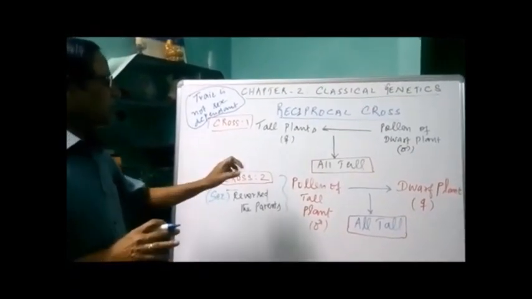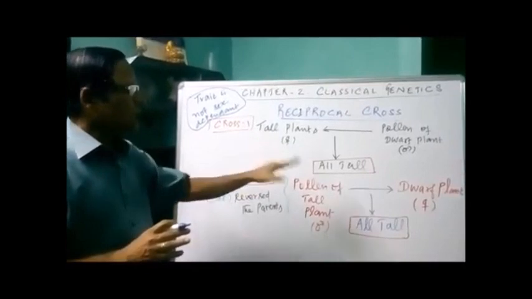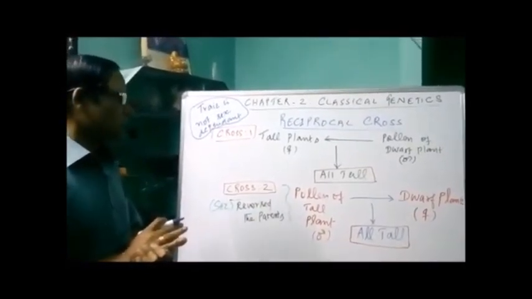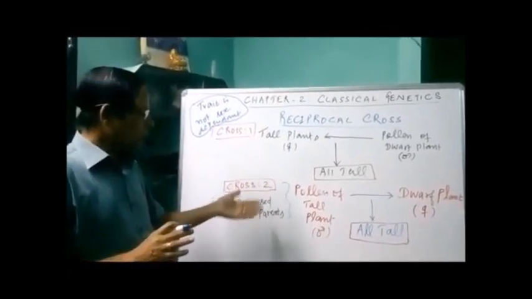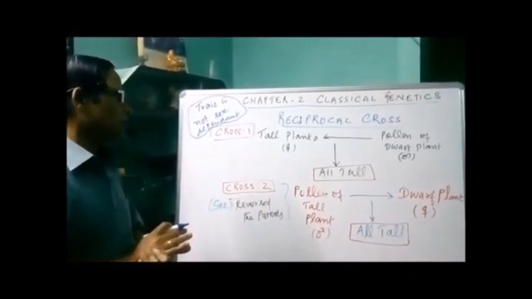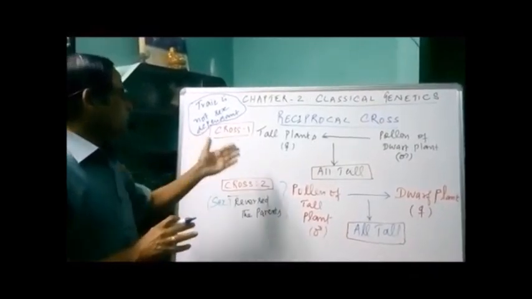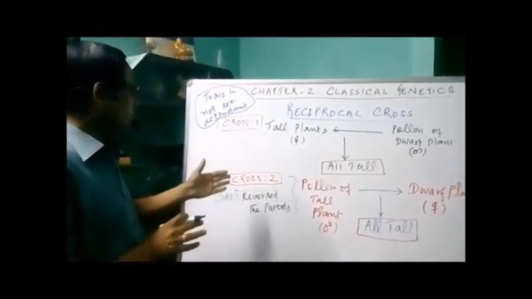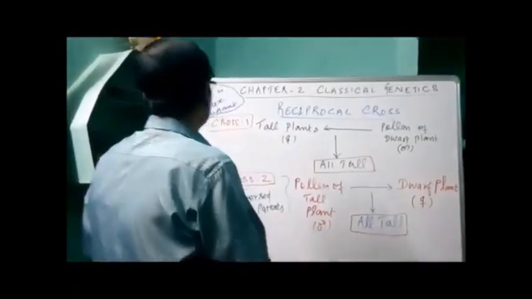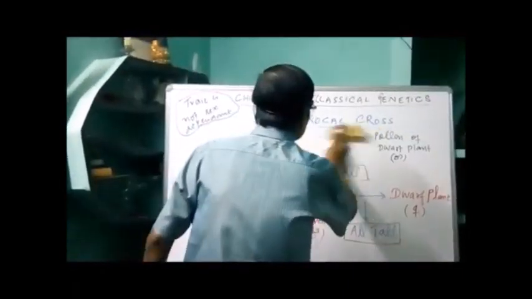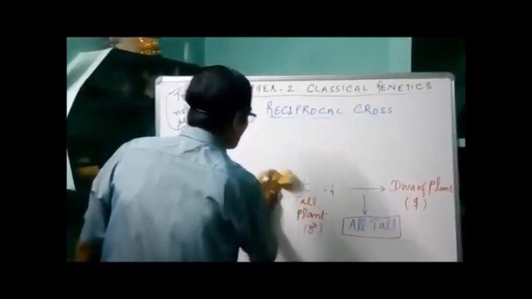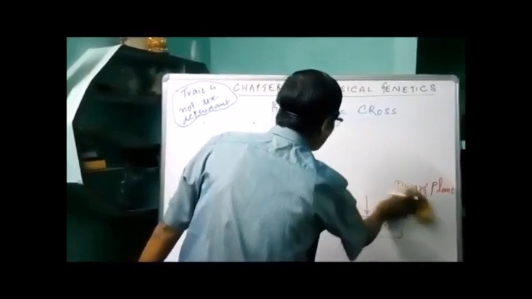Here the inheritance depends on the quality of the genes, either dominance or recessiveness. As per the law of dominance, only the dominant character will be expressed in the F1 generation. Now, based on this experiment, what is a reciprocal cross? I will represent the reciprocal cross with a symbol, a V. Two crosses, in both the ways.